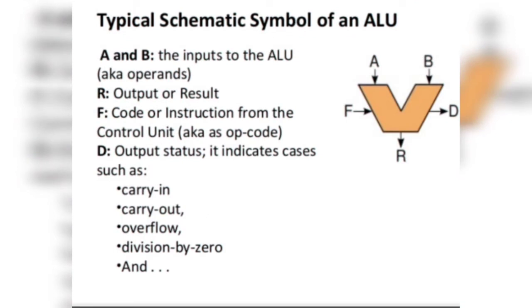Typical schematic symbol of an ALU. Friends, as we can see in the diagram, A and B are the inputs of the ALU, R is the output or result, F is the code or instruction from the control unit, D is the output status. It indicates cases such as carry in, carry out, overflow, division by zero, and